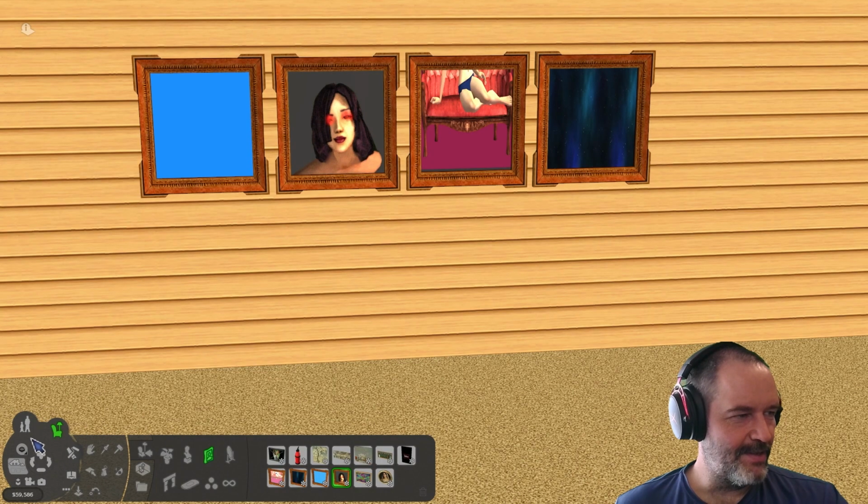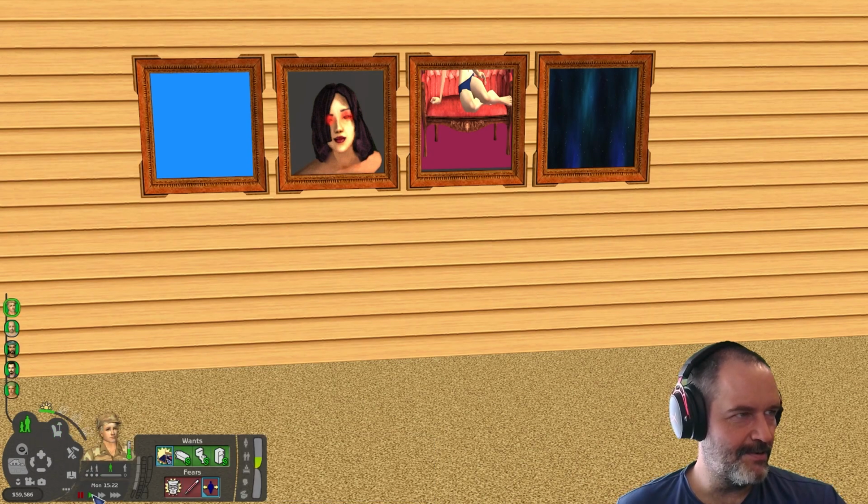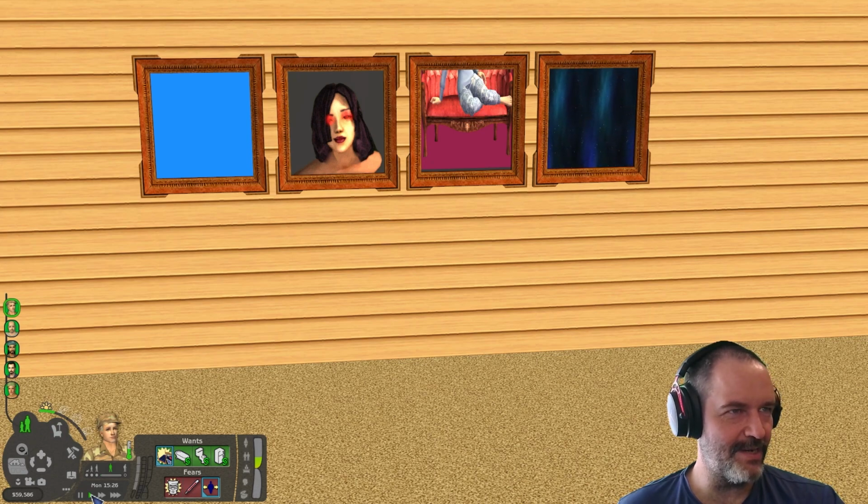Okay, so we have simple glow, we have backlit, we have scrolling, and we have animated. The scrolling and the animation seem to work, but for some reason,